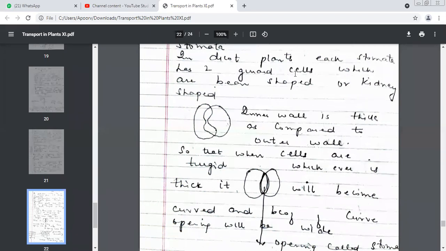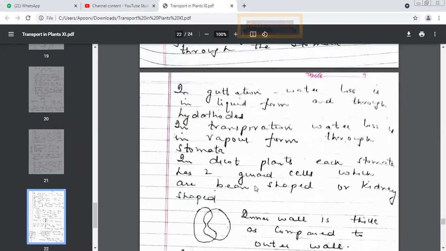So we are talking about stomata, a singular stoma surrounded by guard cells. Guard cells have two coverings, the inner one and the outer one. The inner one is thick, the outer one is thin. And whichever membrane is thicker will always become curved whenever the cell becomes turgid, whenever the cell absorbs water. See this, I'll show you a little more.